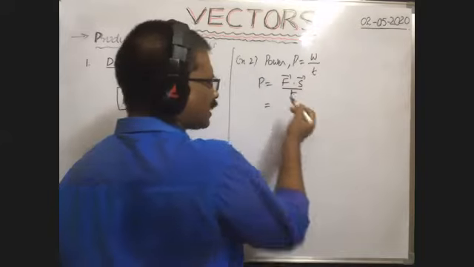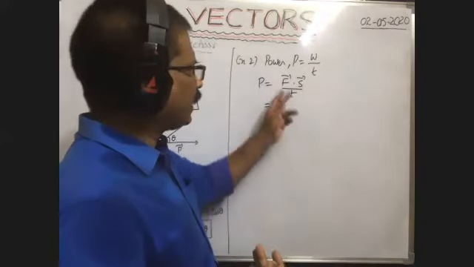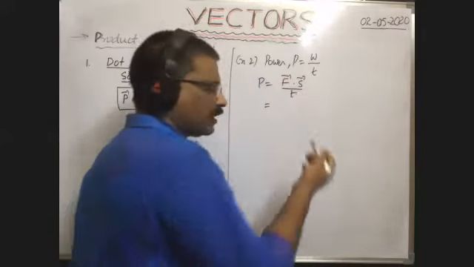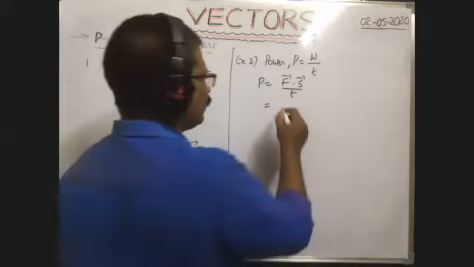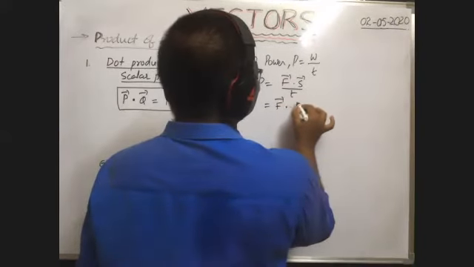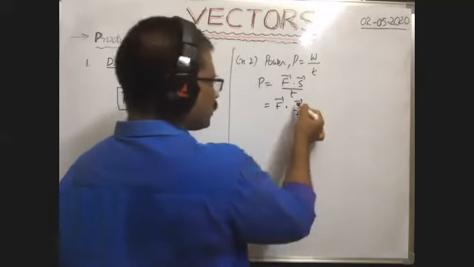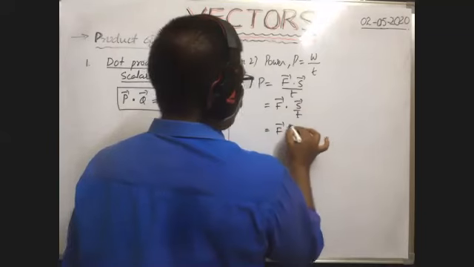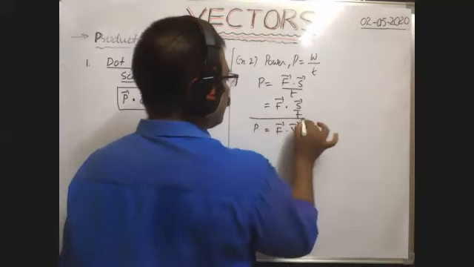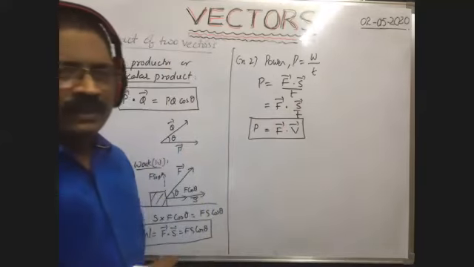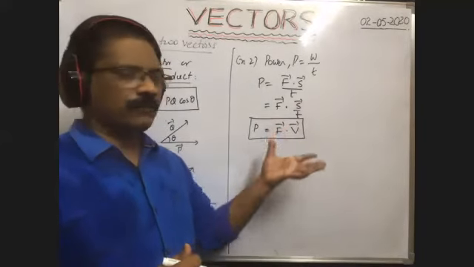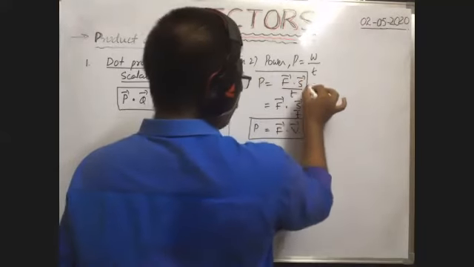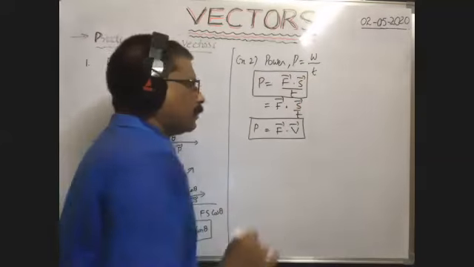As T is a scalar, it is just like a number. That's why we can write F by T or S by T also. So you write S by T, because then there is a meaningful quantity. That's why F bar dot S bar by T. Displacement by time is the velocity, no? That's why this is equal to F bar dot V bar. So power is equal to F bar dot V bar. Power is a scalar quantity. It is the dot product between force and velocity. Suppose it is not given, then power is equal to F bar dot S bar by T. This is also a formula to obtain the power.